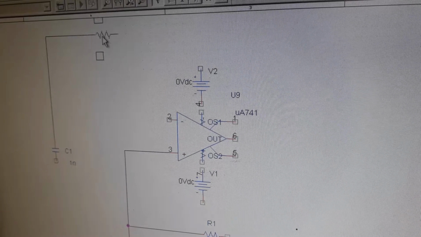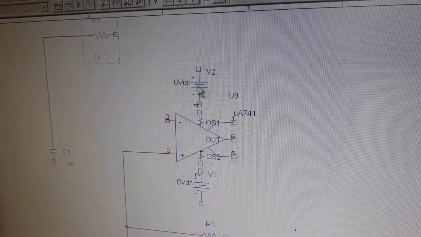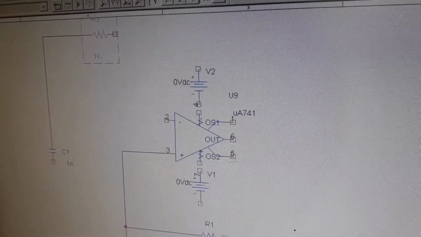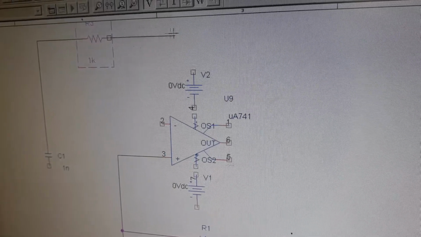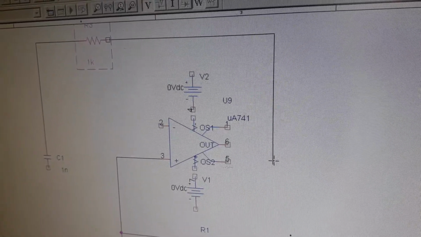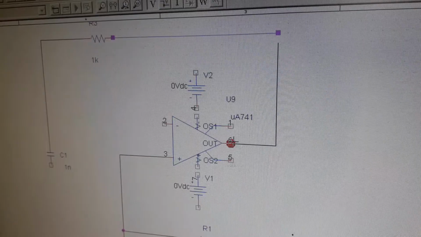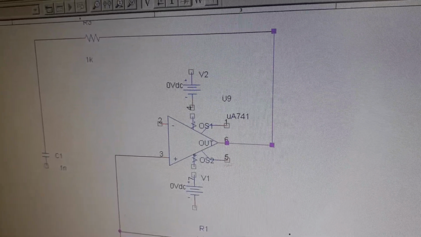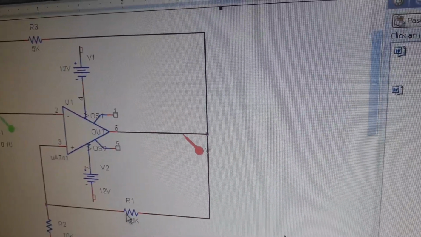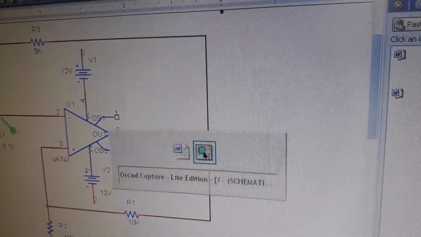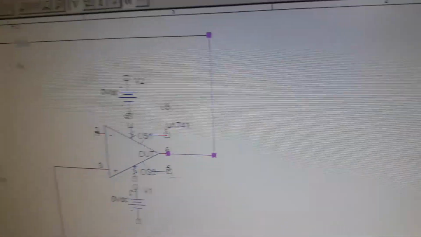Because we have a V reference here, VDC. So click on third icon, place wire, and connect the other end of the 5 kilo ohm resistor to 6 pin. Yes, and the other end of the 10 kilo ohm resistor is connected to again 6 pin. Later we will give the values.